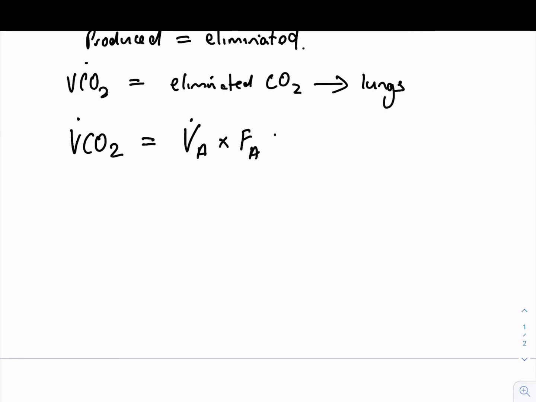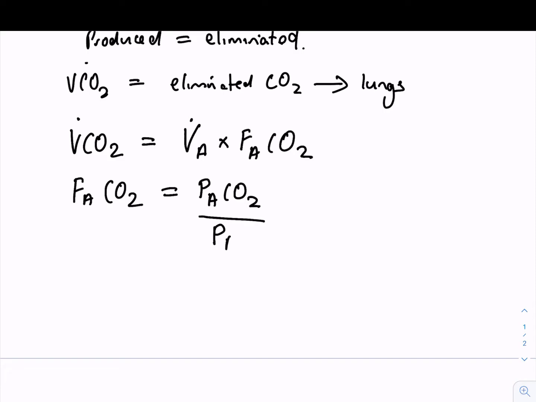We say FaCO2. Now remember Dalton's law, in that the atmospheric pressure, or whatever pressure is within a container, is simply the sum of the individual fractions of the component. So FaCO2 is simply the partial pressure of carbon dioxide in that alveolus divided by the total